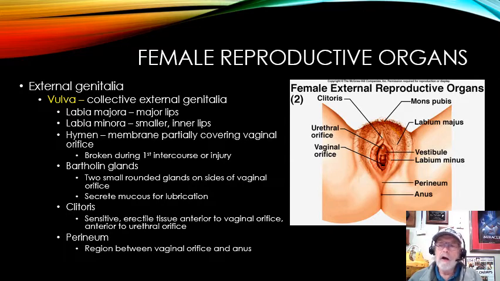One other part we should talk about in this region is the clitoris, which is up in this area, and is basically an erectile type tissue that's anterior to the vaginal orifice. It's also superior to the urethra.